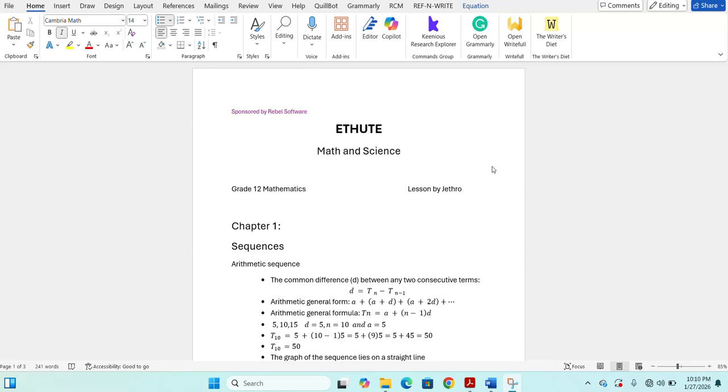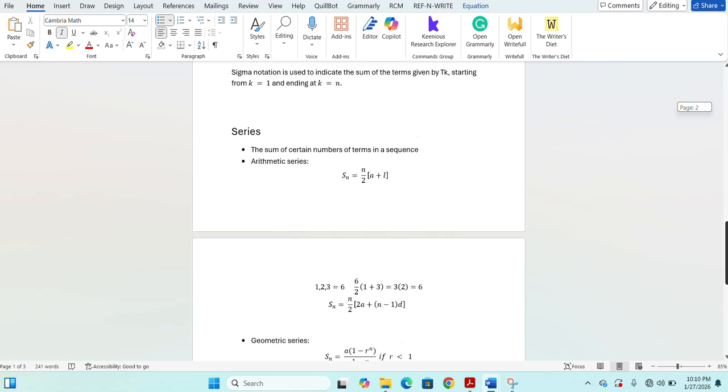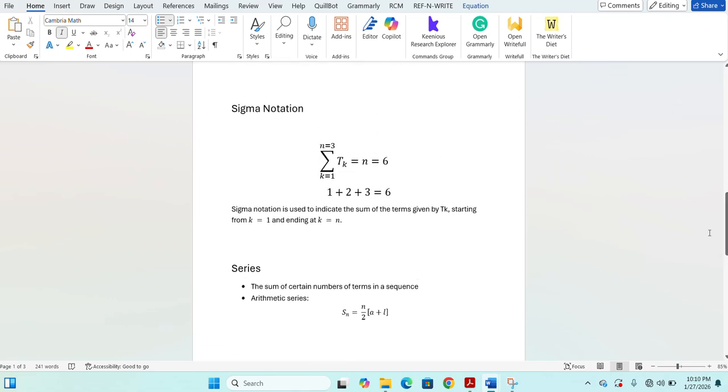Today we're gonna be doing Sigma notation and series. So yeah, let's get to it. So Sigma notation is used to indicate the sum of terms given by this